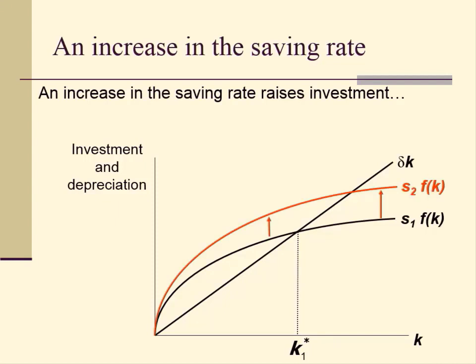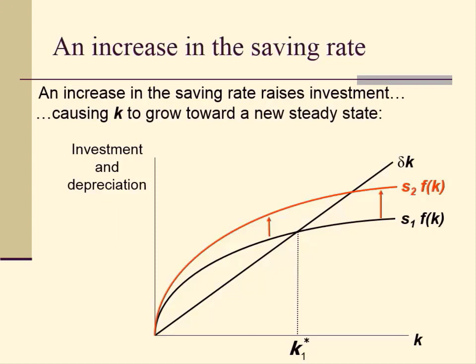The initial steady state, K1 star, will start growing by the difference between S2 f of k and delta k at K1 star. So what happened? K1 star now moves toward the right by the amount of difference, and this will continue as long as S times f of k star is larger than delta k. But eventually, because k grows toward a new steady state, it's going to reach the point where